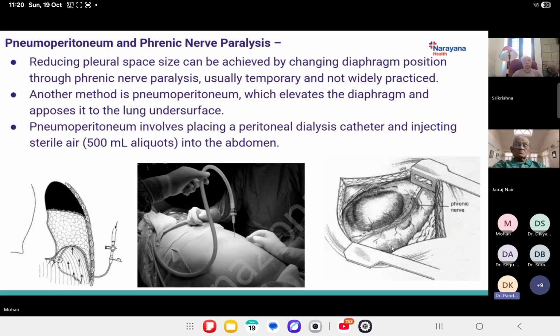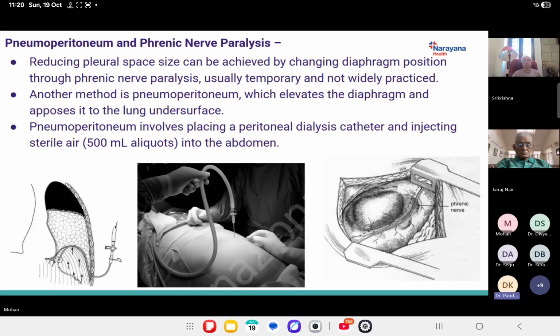This is the phrenic nerve. During the intraoperative procedure, some people will crush it. Some people will inject lignocaine around it. Some people will inject bupivacaine around it. Some people use it postoperatively. There are some studies showing postoperative placement of